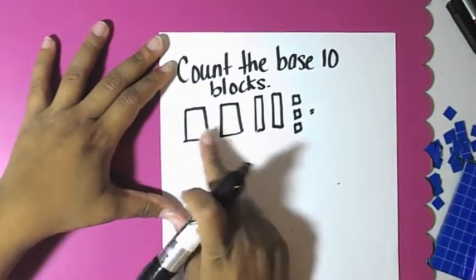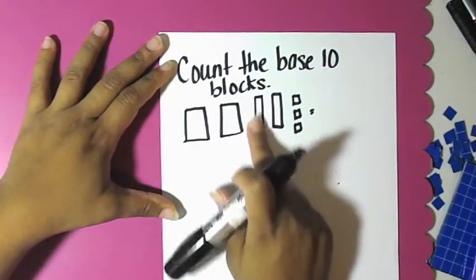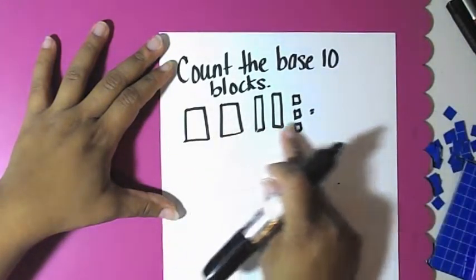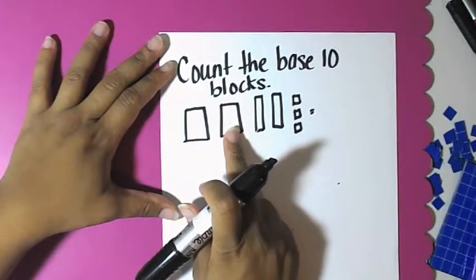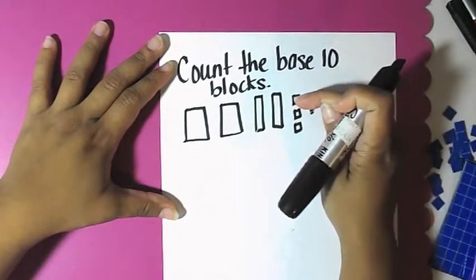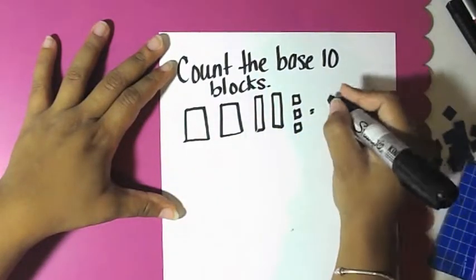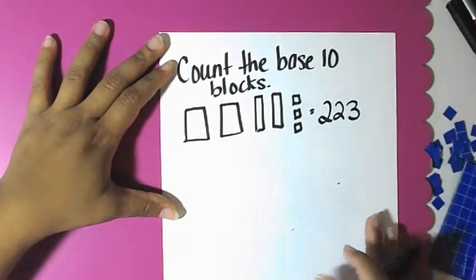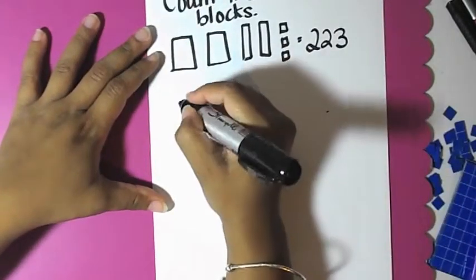Okay? So we know the big blocks, right, are worth 100. The skinny ones are the tens, and the small ones are the ones. So we need to count this up to find out how much it's worth. So we're going to say 100, 200, 210, 220, 221, 222, 223. So the base 10 blocks are worth 223. Okay? That's how much that's worth. Let's do another one. What if we had